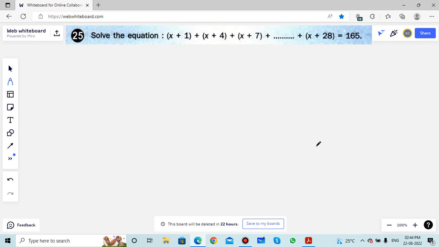Solve the equation x plus 1 plus x plus 4 plus x plus 7 plus dot dot dot plus x plus 28 is equal to 165. See, in this question they have given the first term as x plus 1, last term as x plus 28, and sum of all of these is 165, right? Now what we can do is,